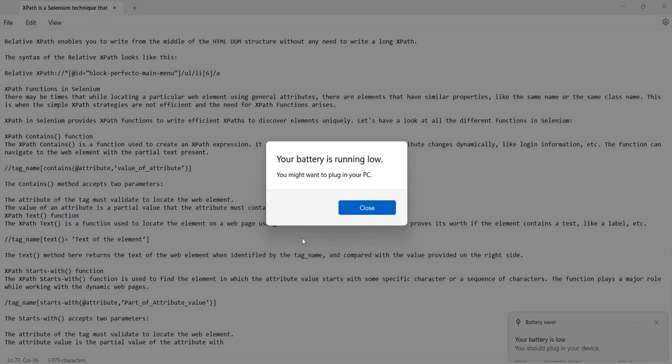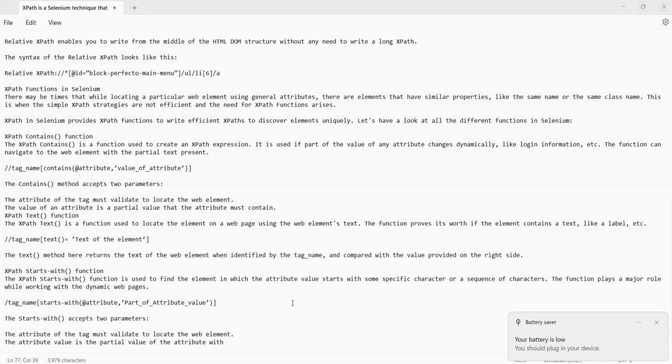Like in this manner, what is happening is we provide the partial value, the leading part. Like, let's suppose if I have, my name is